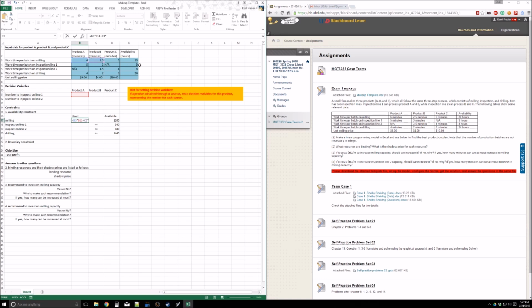So for this portion here, you want to make sure that you're multiplying product A for milling only in testing line 1, as product A is just not in testing line 2. And you want to do both testing lines for milling for product B and only the second testing line for product C. That's very crucial. That's key to almost everything